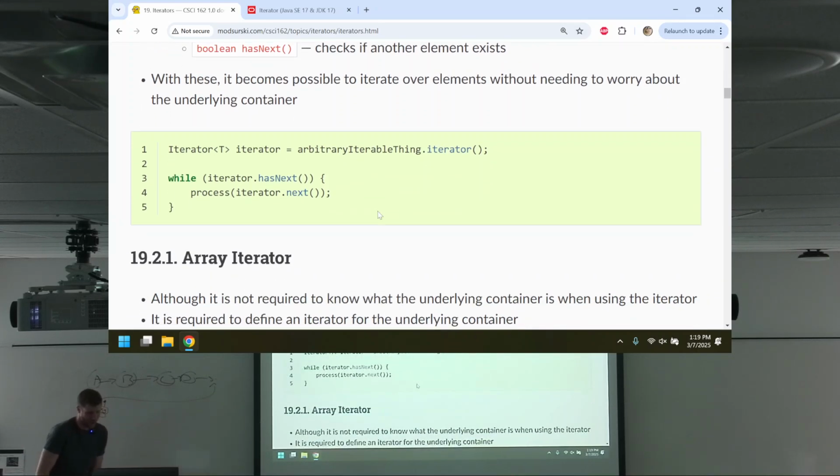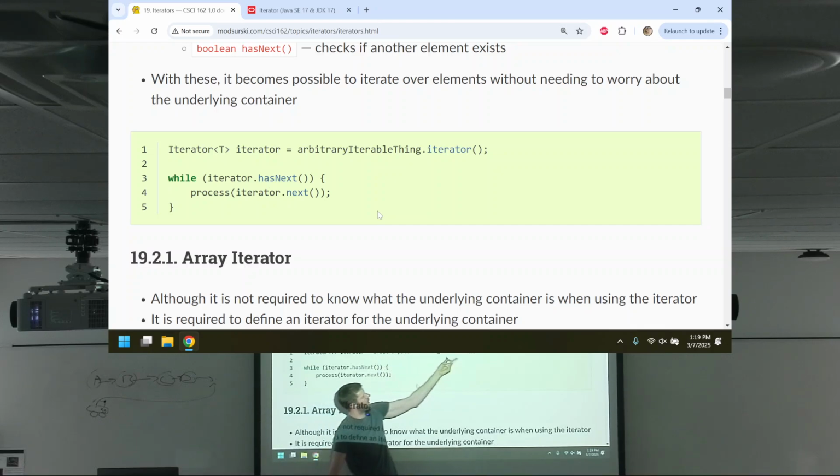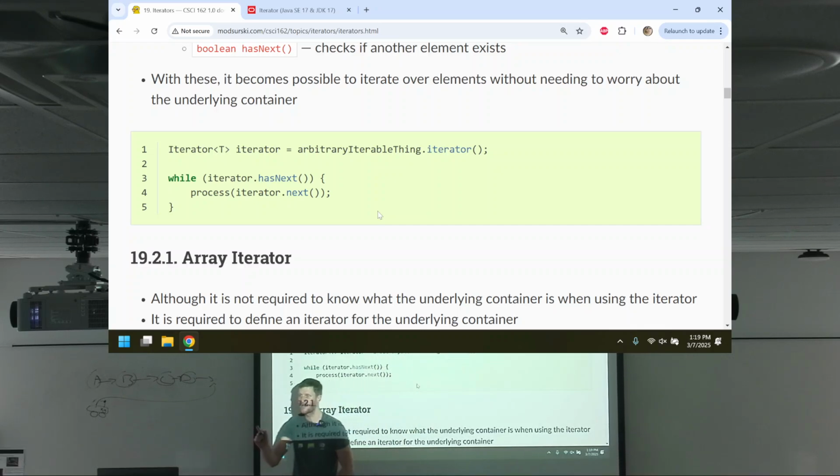All right. So with this idea, imagine I have an iterator from this arbitrary iterable thing, using .iterator. Remember, the bags had a method that returned an iterator. So imagine I had my bag.iterator. It gives me back an iterator. So I say, while iterator.hasNext, do the process on the next thing. Repeat.